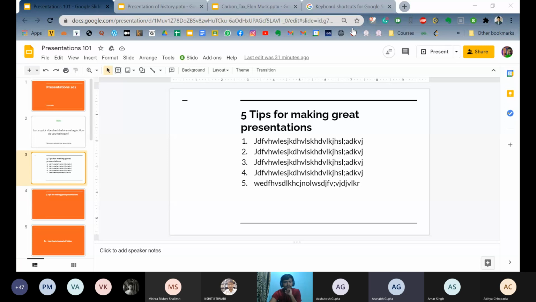Bhaiya, what should be the ratio of pictures to text in a particular slide? How many pictures should we ideally put? There are a few paradigms for this. If you are making a big presentation for a big audience, then they suggest keeping pictures and text disjoint: have pictures in one slide and text in the other slide, and reduce the text to the minimum.